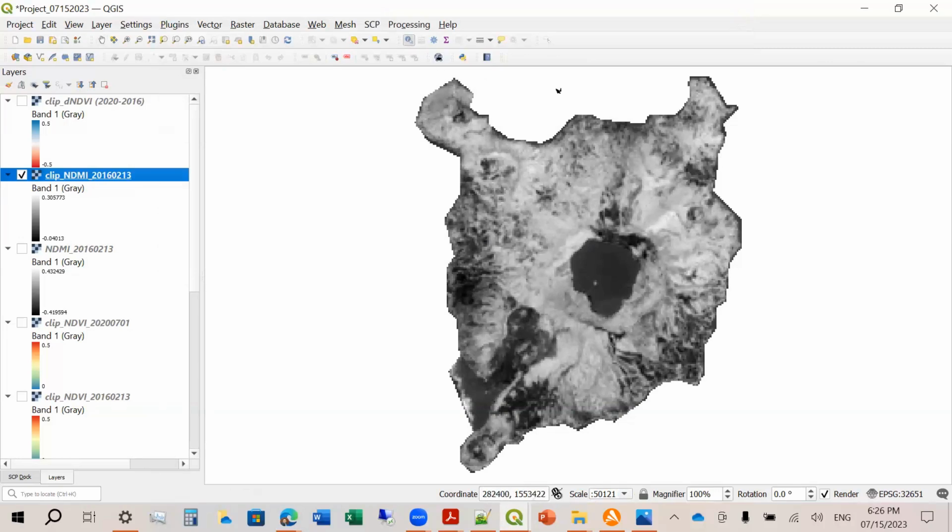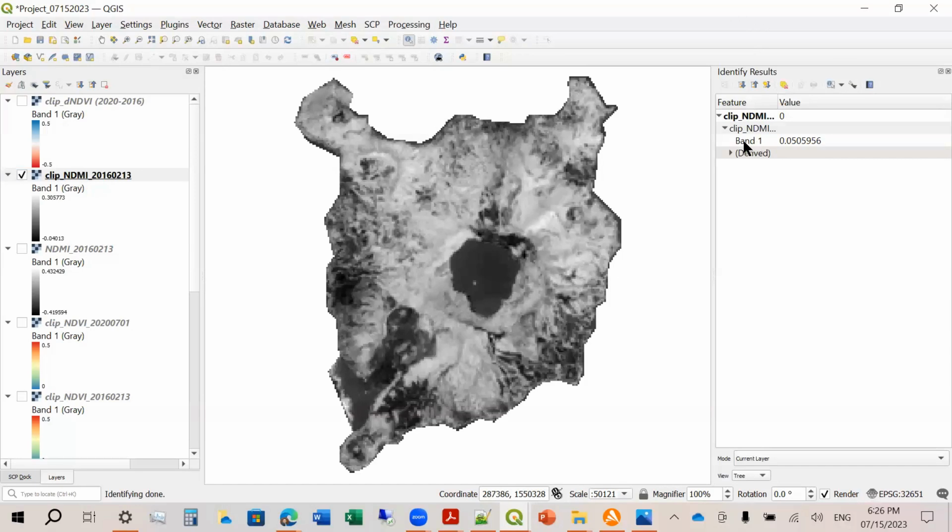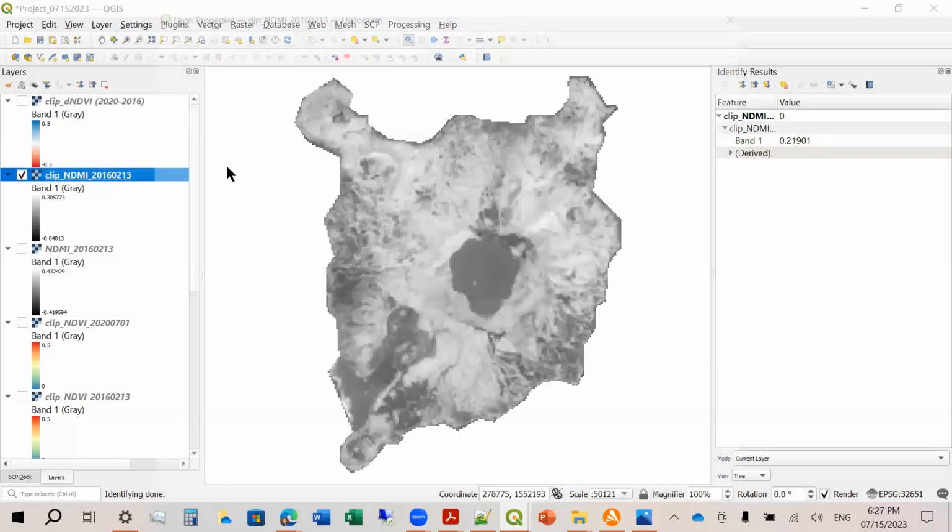You notice the cursor has changed. So the NDMI here is about 0.1, 0.12. This one is 0.02. You will notice earlier that there are negative values. So this one is dry. This one is wet.